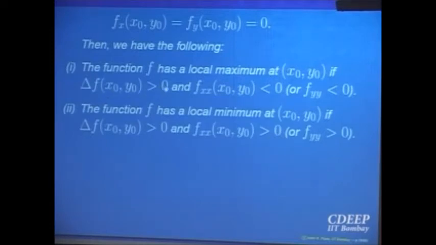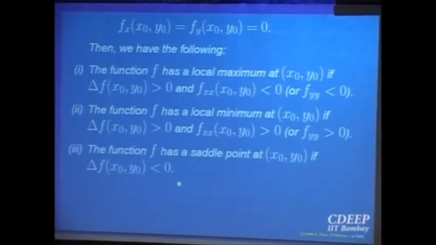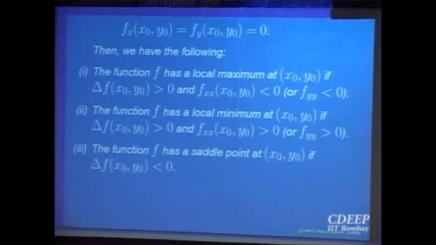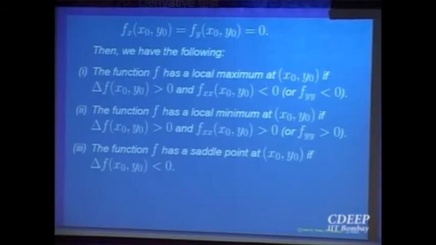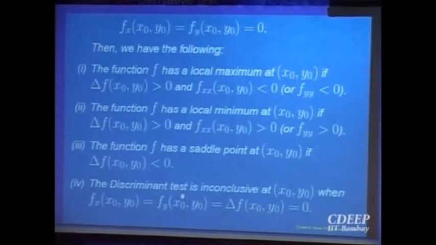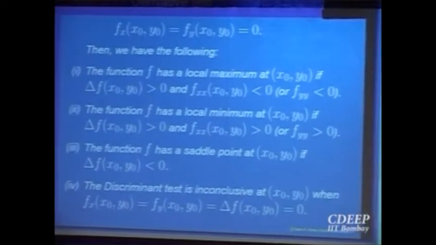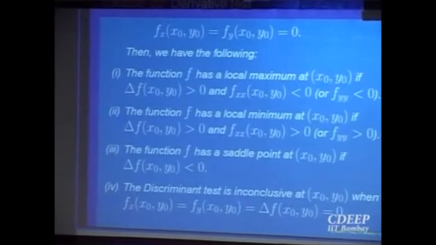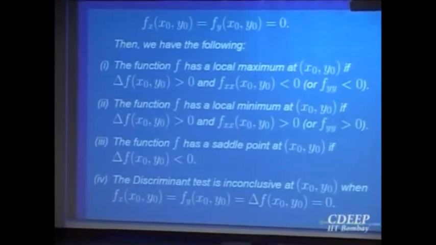So when the second derivative is positive, there are two possibilities: both of them are positive or both of them are negative. Now what could be the next possible case to analyze? Discriminant is equal to 0 or negative. Two cases left. When it is negative, it must be a saddle point. And when it is equal to 0, you cannot conclude anything. The function may have a local maximum, local minimum, or saddle point; anything is possible. It means the sufficient conditions fail, the test fails.